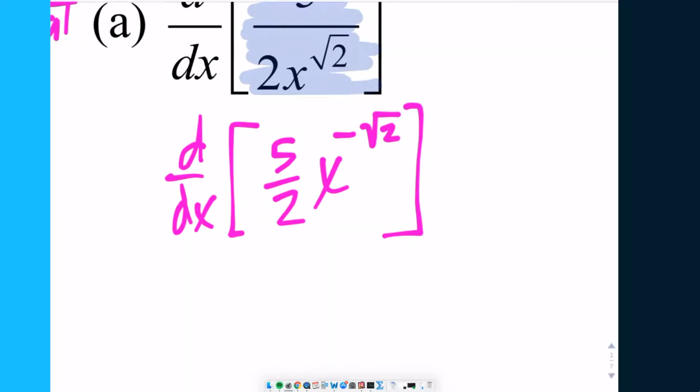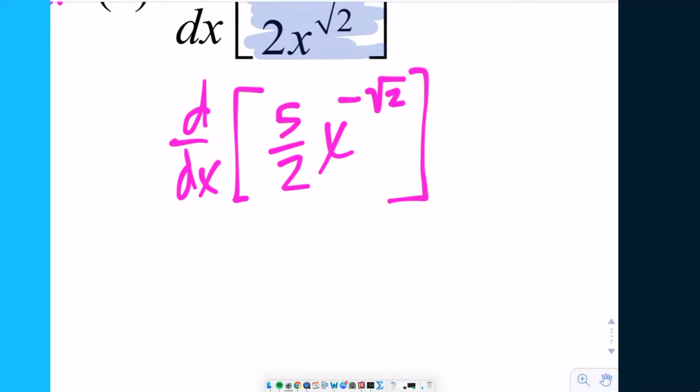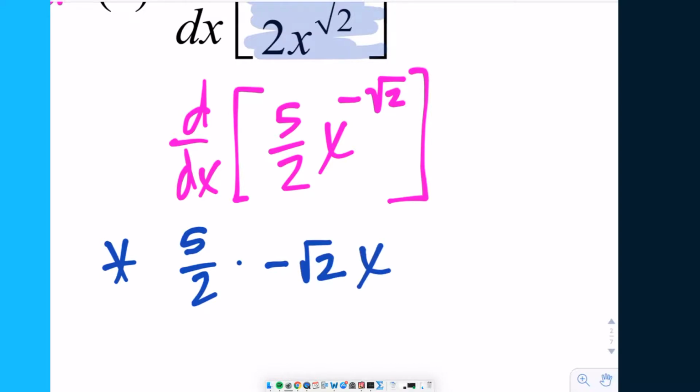So remember the power rule? How do we differentiate? Galileo couldn't do it, remember? Two basic operations in order. Multiply, subtract. Very good. Now when you differentiate, the d dx goes away. And I will show you why. Okay? The 5/2 is going to go along for the ride. It's a constant. And then you're going to have negative square root of 2 x to the what? Negative square root of 2